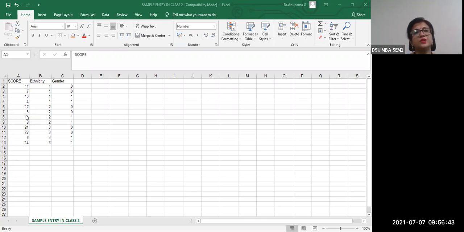All right. So between today's class and Saturday, we are going to have a class next Saturday. Please get yourself comfortable understanding how I will be getting the data coded, because whether you use Excel or SPSS or any other software, finally your data has to be coded and made ready. Data preparation has to be done in order to subject it to analysis.